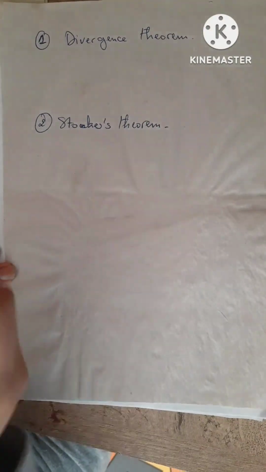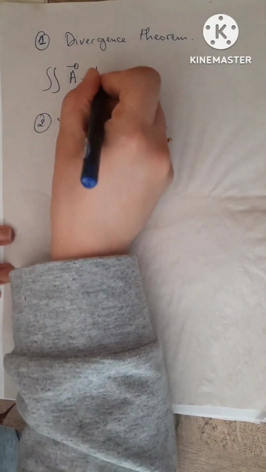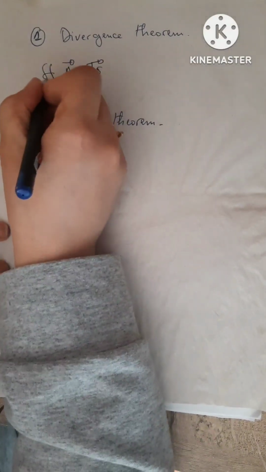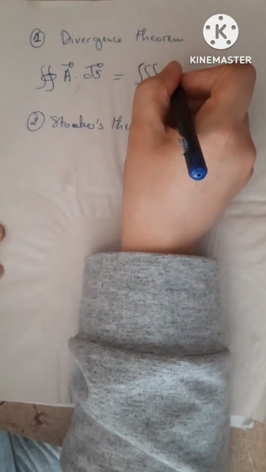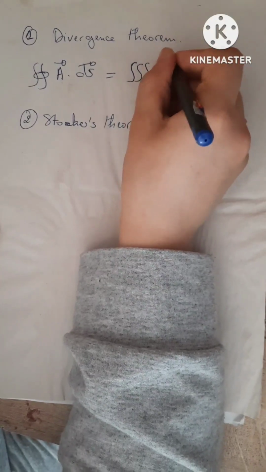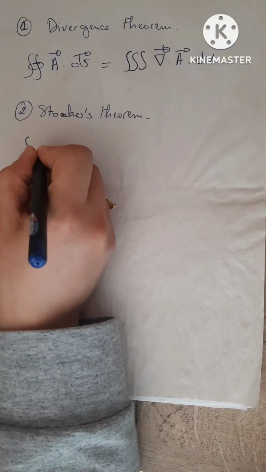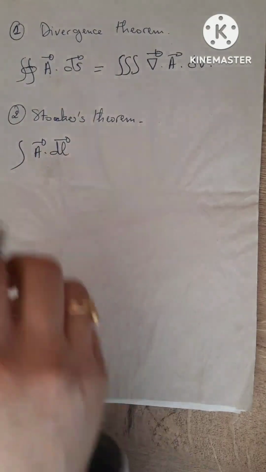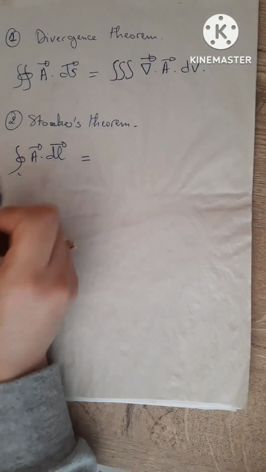So the divergence theorem: we have the integral of a vector field A over an enclosed surface dS equals the integral of the divergence of A dV. We also have Stokes' theorem: the integral of A dl over a closed line equals